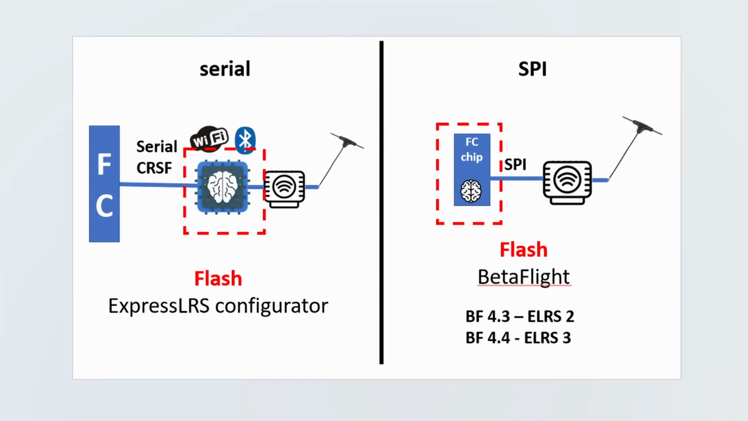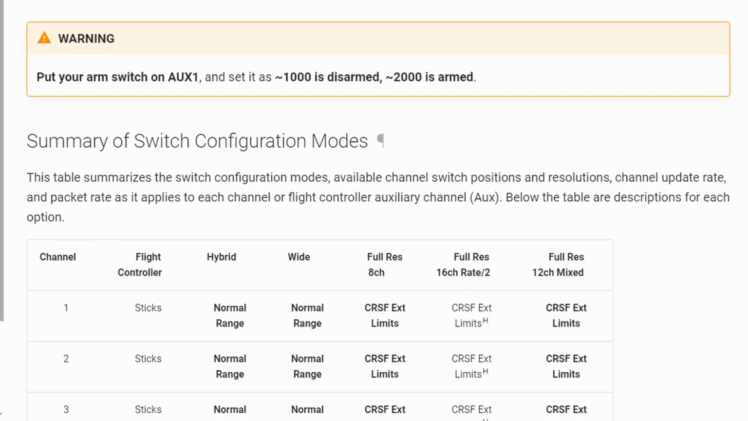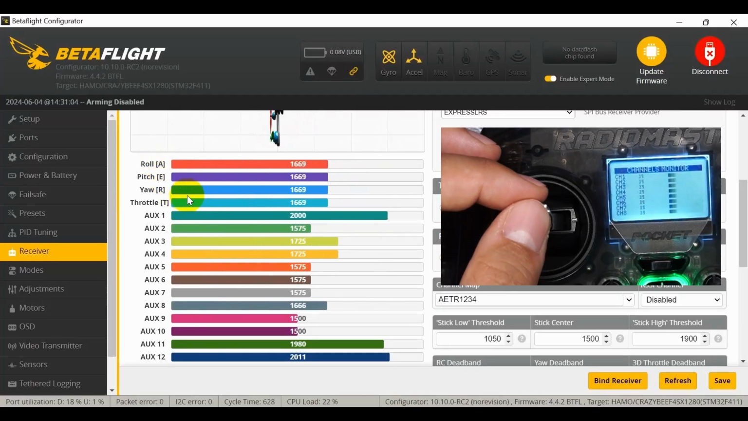What is wrong with ExpressLRS? Why ELRS version 2 cannot work with device on ELRS version 3? Why can't I flash SPI ELRS with ExpressLRS configurator or can't use Wi-Fi mode? What is the difference between wide and hybrid modes, and why AUX 1 always have only maximum or minimum values